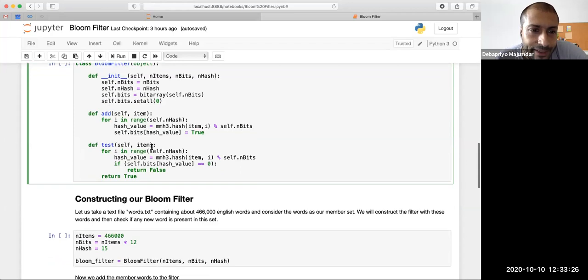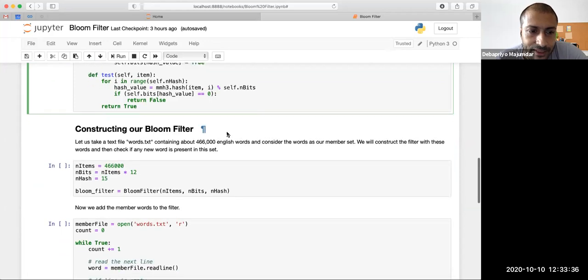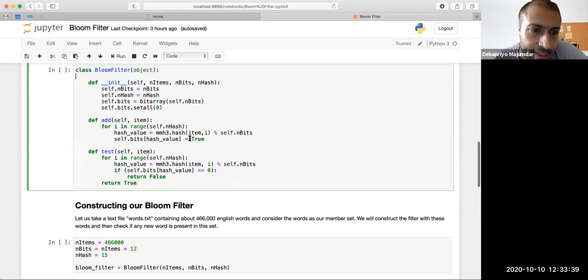Then the test part. The init, the construction, and the add will be our construction phase, and once that is done, we are ready to test new elements. It's basically the same thing. Again, we hash with all the hash functions with the same seeds.